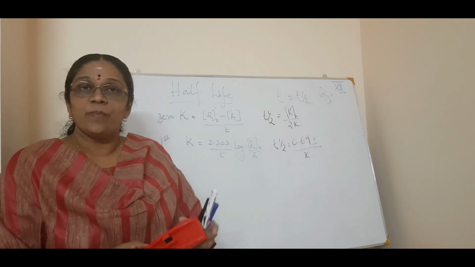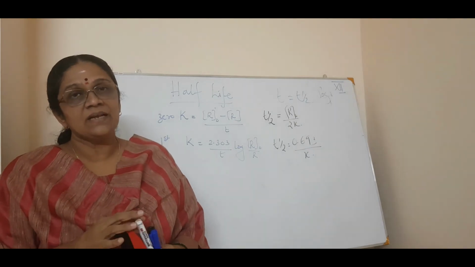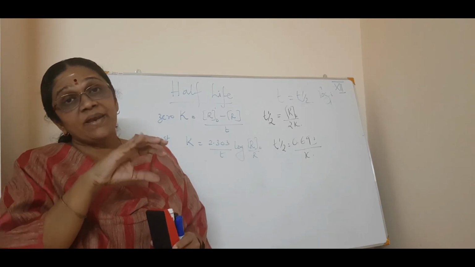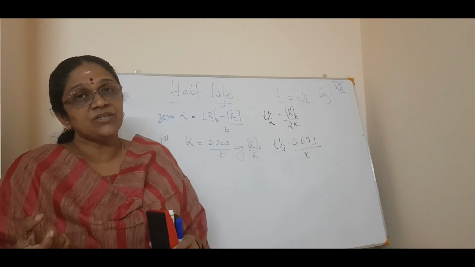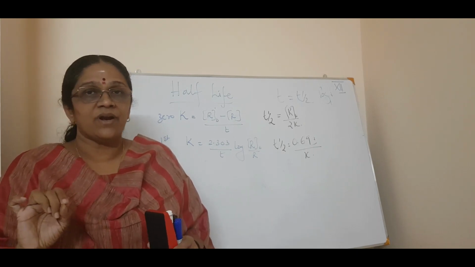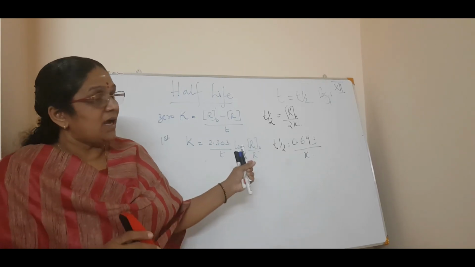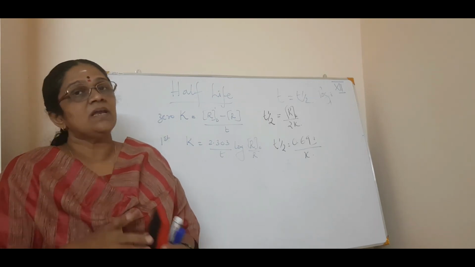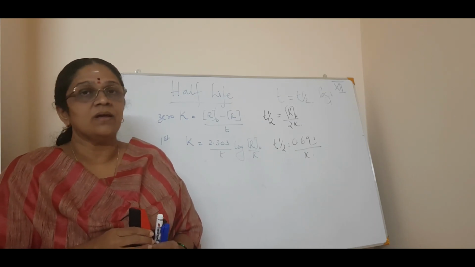Why I say last topic is, in this chapter, the chemical kinetics, the last portion, that is the temperature dependence, then the collision theory, that was very important, and the catalyst, they have omitted, they have cut down that portion. That is why the coming topic is the last portion in chemical kinetics. Okay, and that is called a pseudo first order reaction.